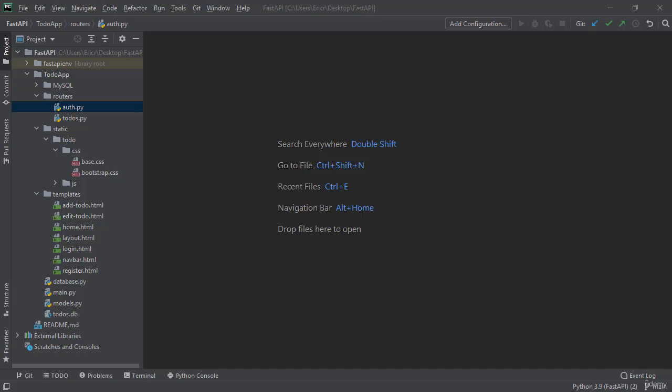And in this lecture, we're going to update our getCurrentUser to now get the token from our cookie session. And we're going to update our to-dos to now retrieve the token and get the JWT payload to verify users before calling and getting to-dos. So let's dive in. The first thing we need to do is open up our auth.py file